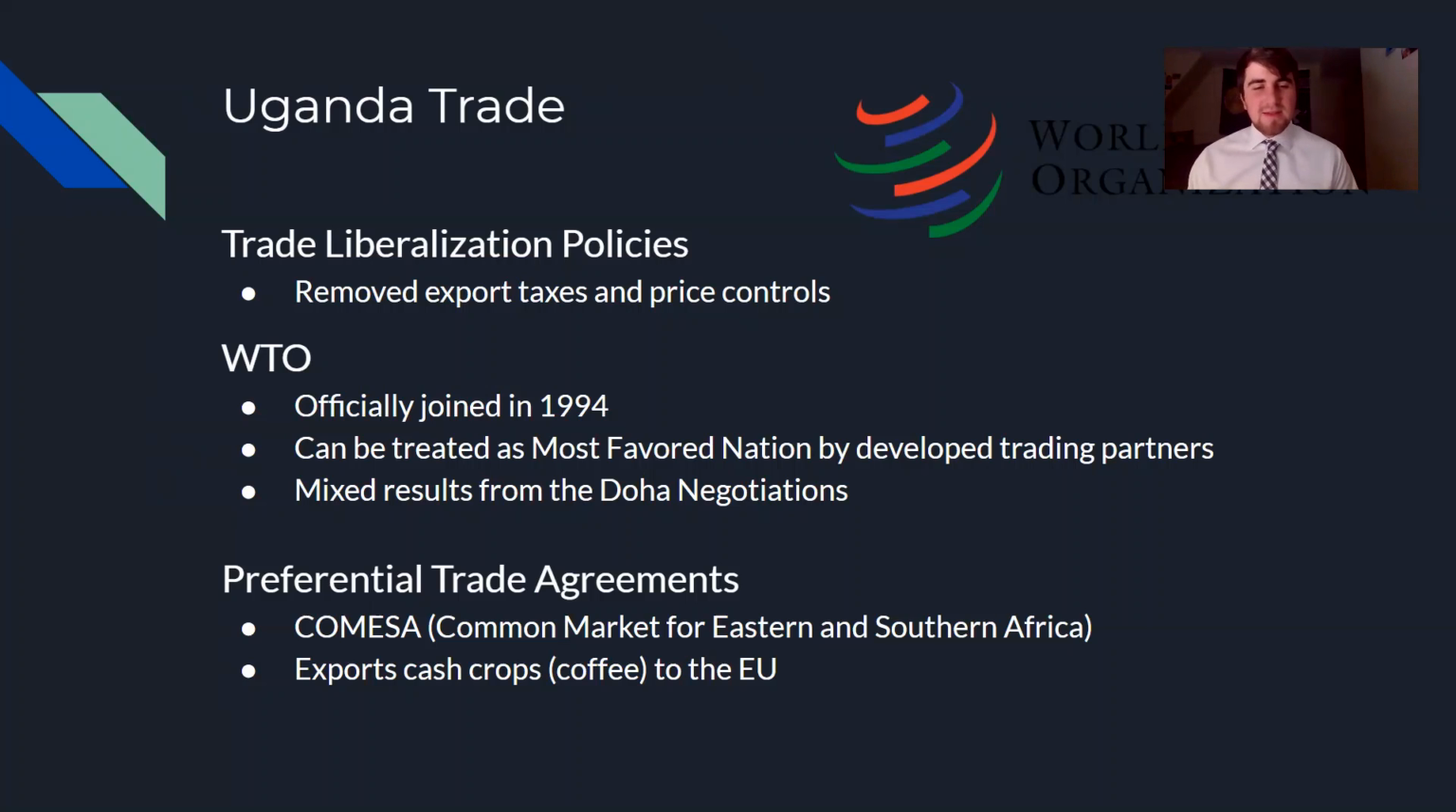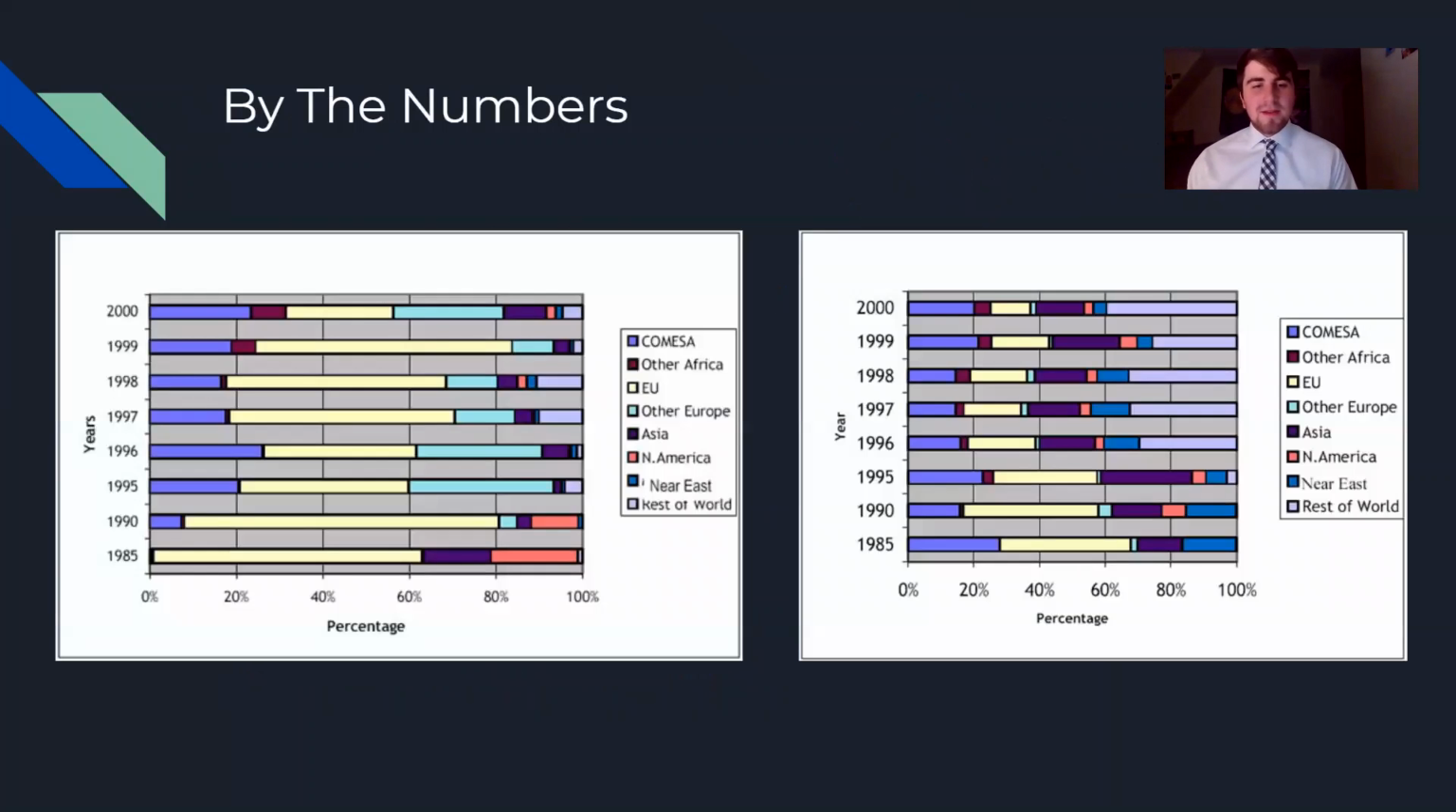Uganda also participates in some preferential trade agreements and has become more active in those agreements in recent years since they undertook these trade liberalization policies. They're part of the Common Market for Eastern and Southern Africa, and they export many cash crops, especially coffee, to the European Union. You can see in these two graphs provided by the United Nations Food and Agriculture Organization